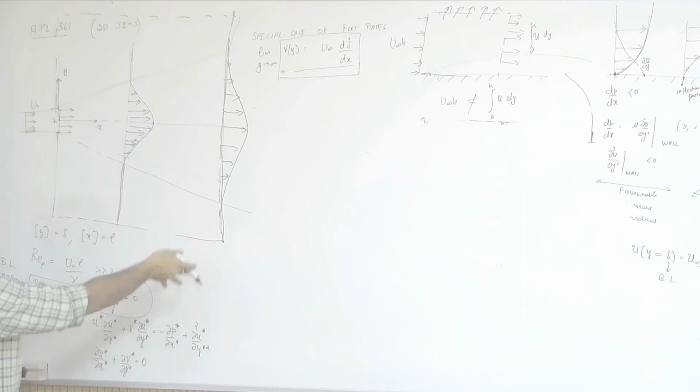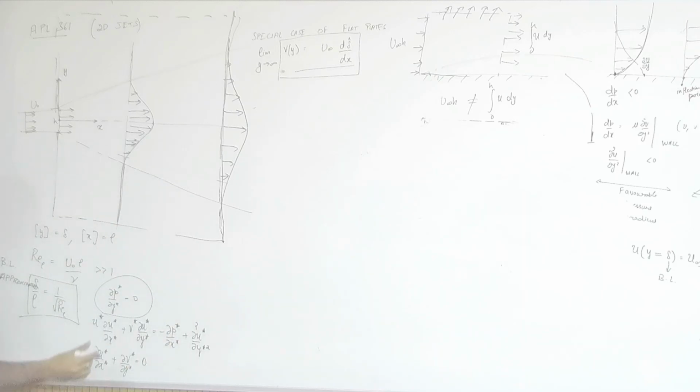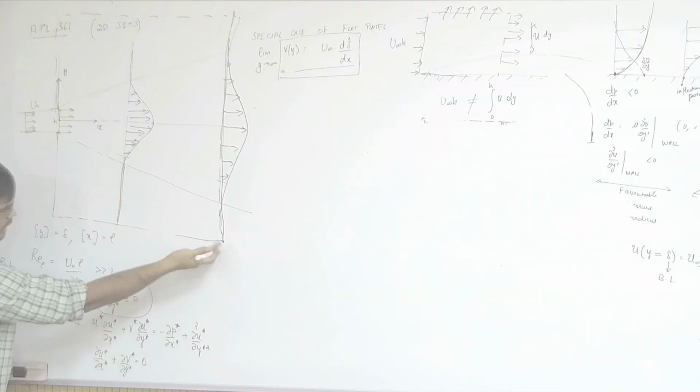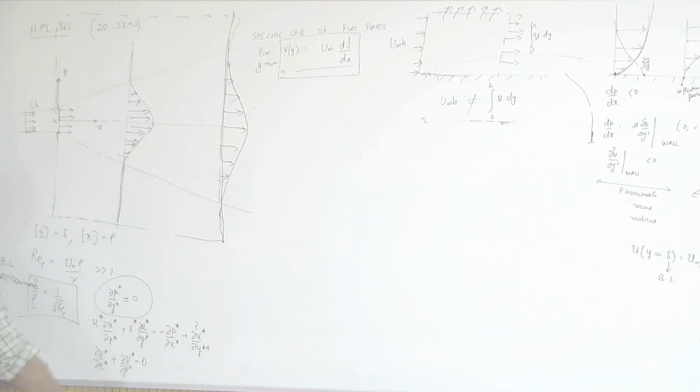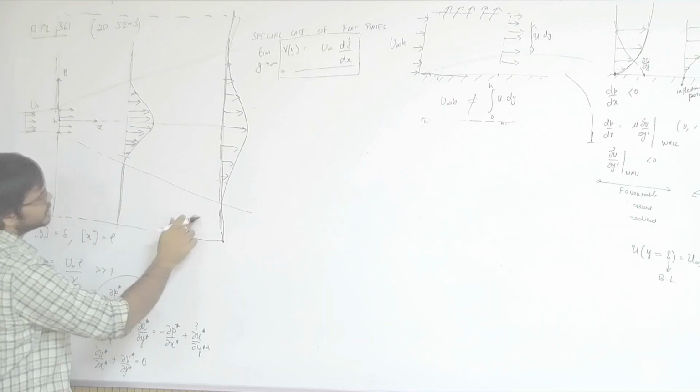We are in the viscous regime. We are not saying pressure Bernoulli is applicable. Outside it may be, but then outside you don't have any variation in velocity. So del P star by del Y star, if we are sufficiently far away